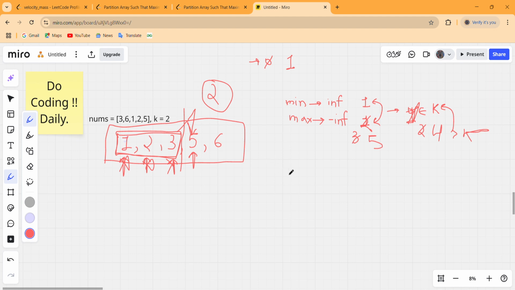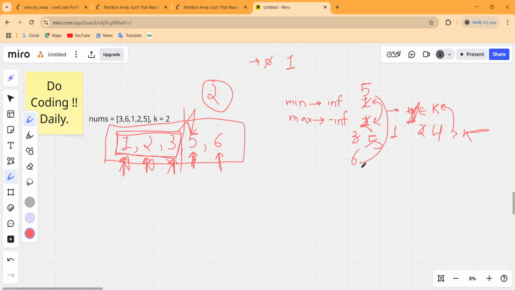So update our minimum value to this nums of I, that means to 5, and again check for the remaining elements. So our I is now pointing to this, and the minimum value till this index is 5 and the maximum will be 6, and the difference will be 1.